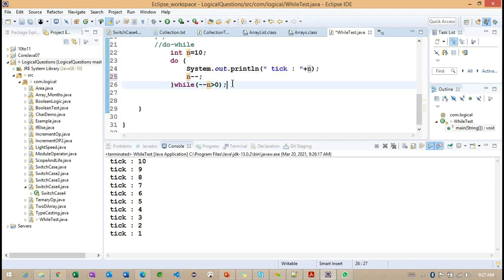Okay. So whenever we have any other statements here, then we are going to get a different output. So that is the difference between post-decrement and pre-decrement here. Okay.